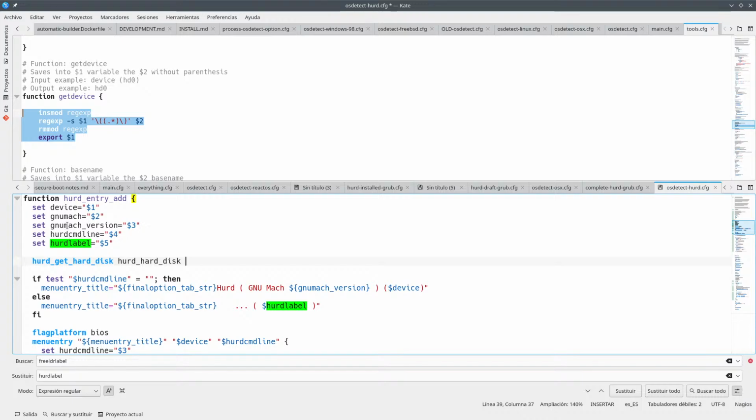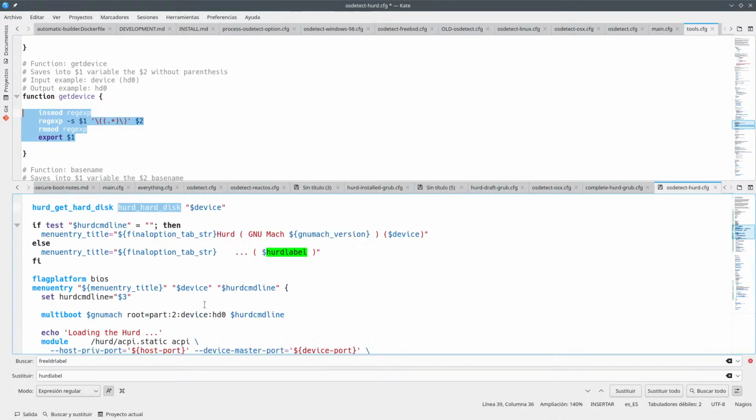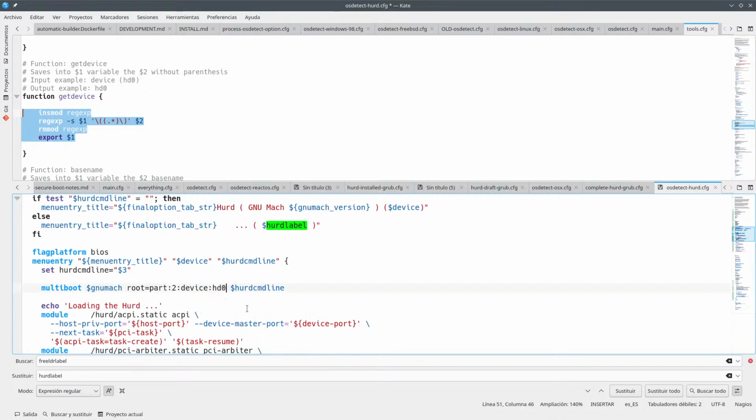And you want here the device like this. So this is going to be defined, which I'm going to be using here, Hurd hard disk. Okay,